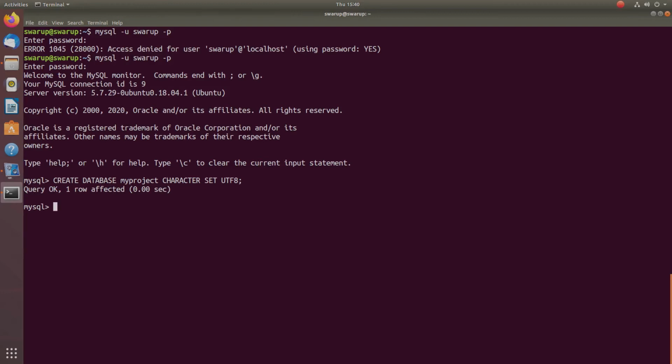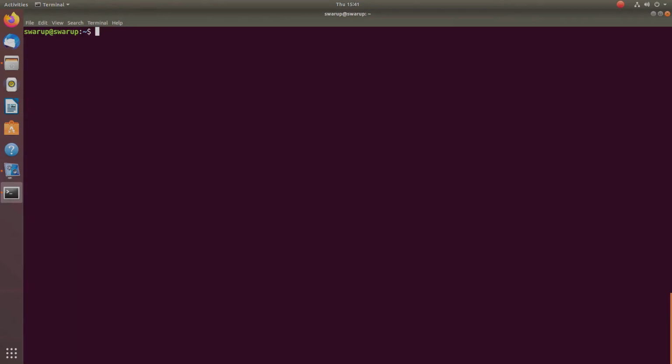So now let us type flush privileges to make sure that everything's alright. Okay, so now the query is okay. Now let us exit. Okay, so now after creating the database, we need to change the database settings in the